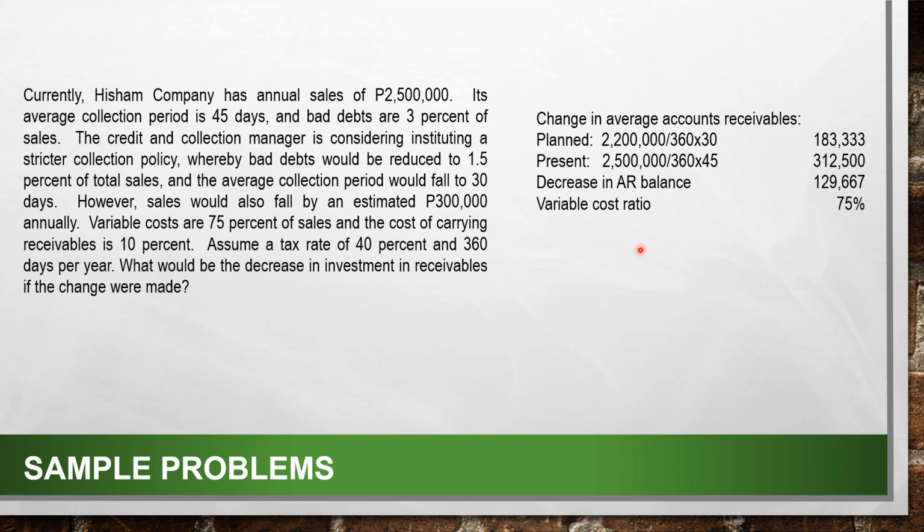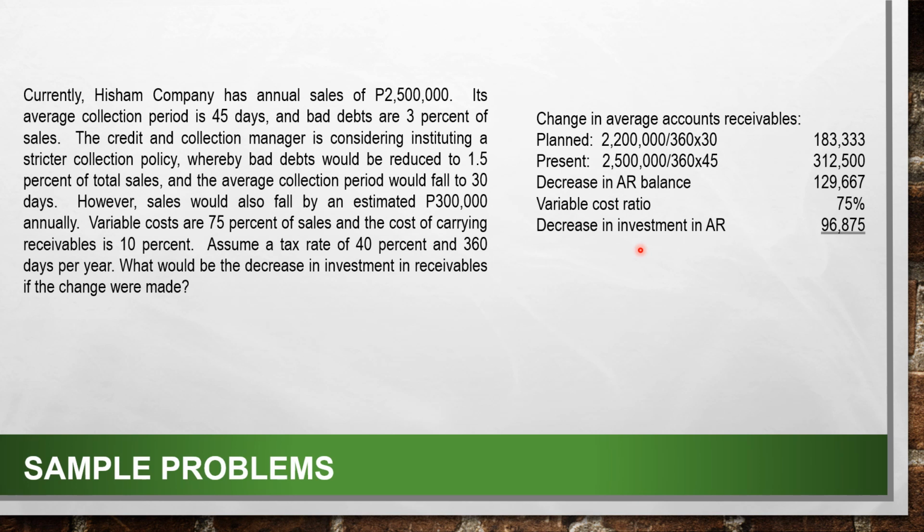Then multiply that with the variable cost ratio because we want to get the cost, since we are concerned about the cost. Our variable cost ratio is 75%. So 129,667 multiplied by 75%, we have a decrease in investment in accounts receivable of